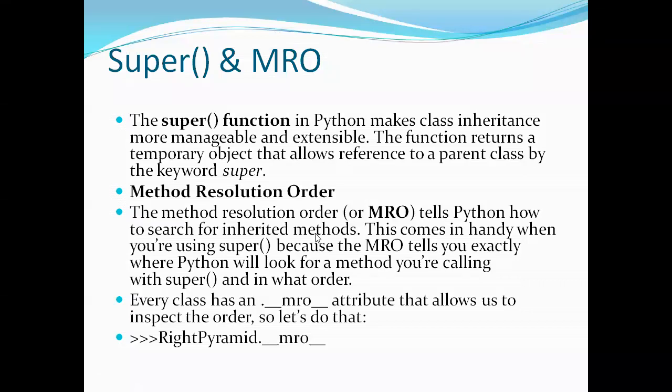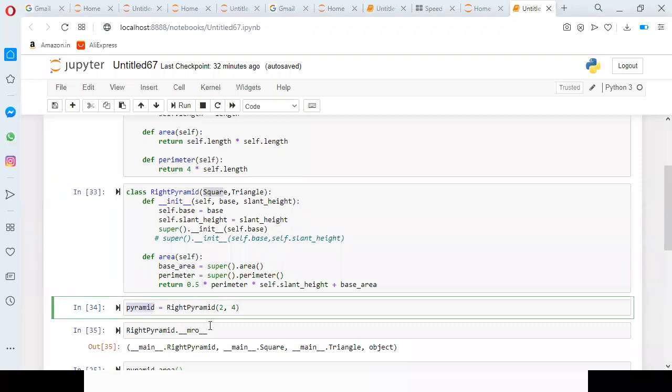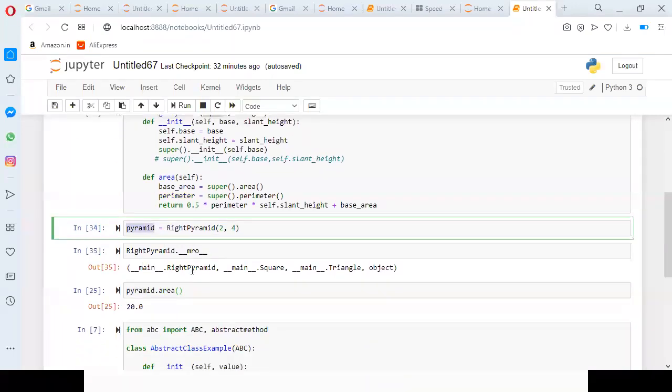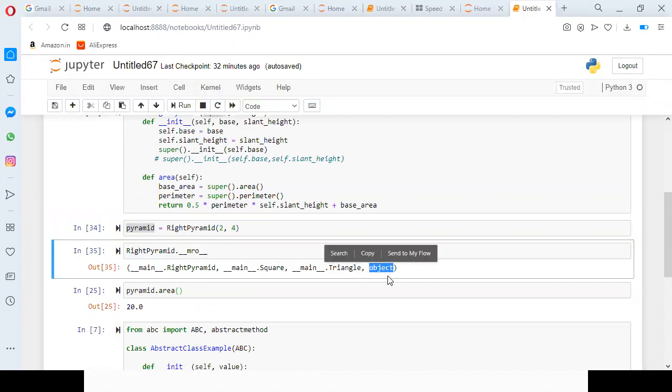When I executed the MRO method, for pyramid, it is right pyramid. It is saying that first it is giving right pyramid, then square, then triangle, then object. So object is the super class, parent class for all classes. So the parent class for all classes is object.